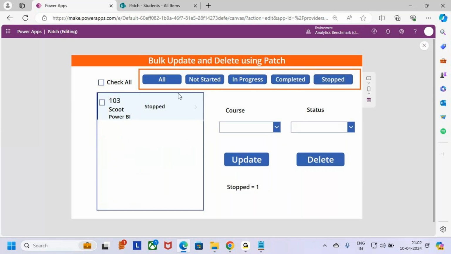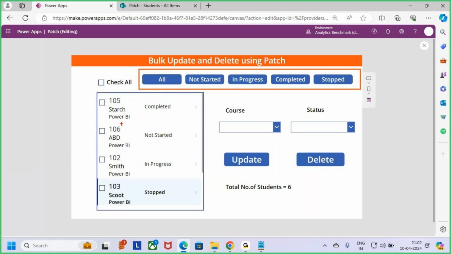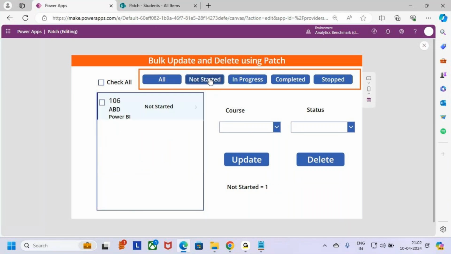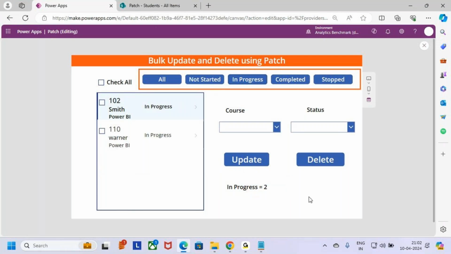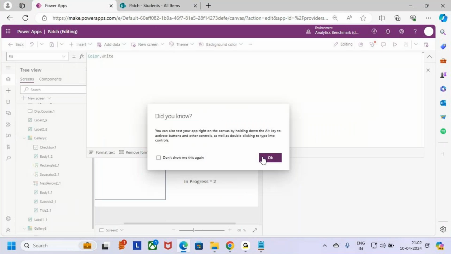So like this, here I'm having only a small volume of data, but if you have 100 rows, 200 rows, 300 rows, and you want to understand how many students are not started, or how many students' course is in progress, then how will you do it? Keep this text. So you can easily understand how many students are in progress. 2 students are in progress. Status is equal to in progress. So this is how to